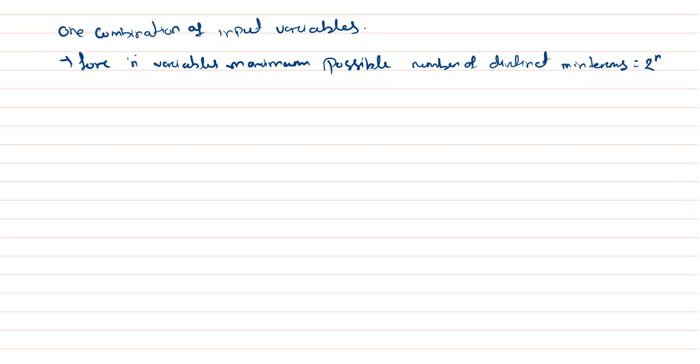So what does this statement say? Suppose I give you n number of variables. Suppose a function can be represented as x and y. What are the possible values of x? Either it can be x or x bar. Similarly, either y or y bar. So if there are two variables x and y, what is the maximum number of distinct min terms possible? It is 2 to the power 2, that is equal to 4.